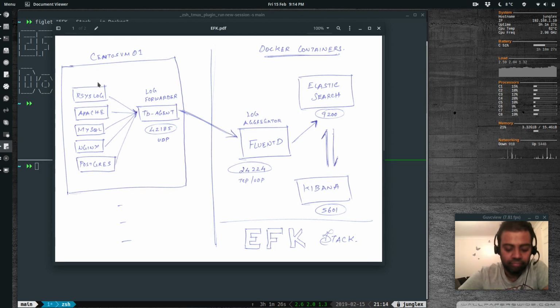On each of the nodes, we'll be installing something called the TD agent, which listens on port 42185. That's not a hard-coded port. You can specify whatever port you want it to listen on. That's the process, sitting there and watching your node,